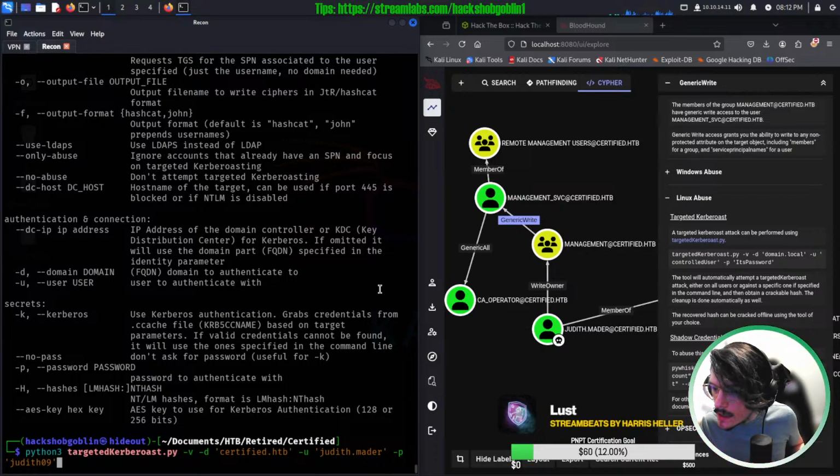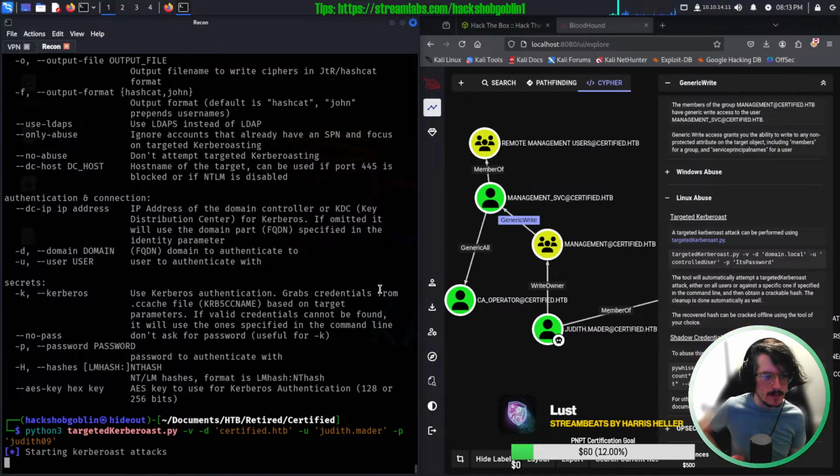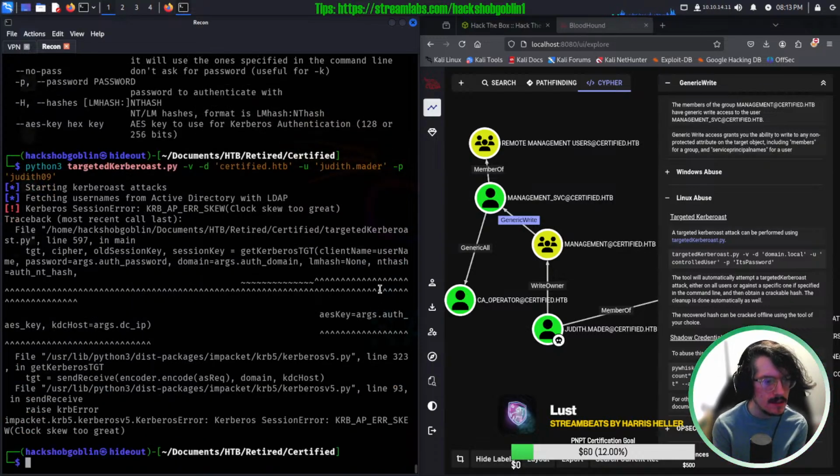Okay. This tool will automatically attempt a targeted Kerberoast attack, either on all users or against a specific one if specified in the command line, and then obtain a crackable hash. The cleanup is done automatically as well. The recovered hash can be cracked offline using the tool of your choice, which in our case we're probably going to use Hashcat. I guess we'll go ahead and run this and see what happens. I've never used this tool before. Starting Kerberoast